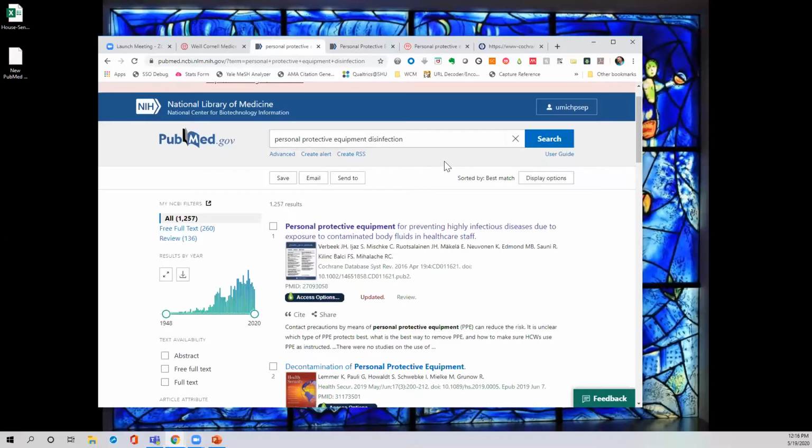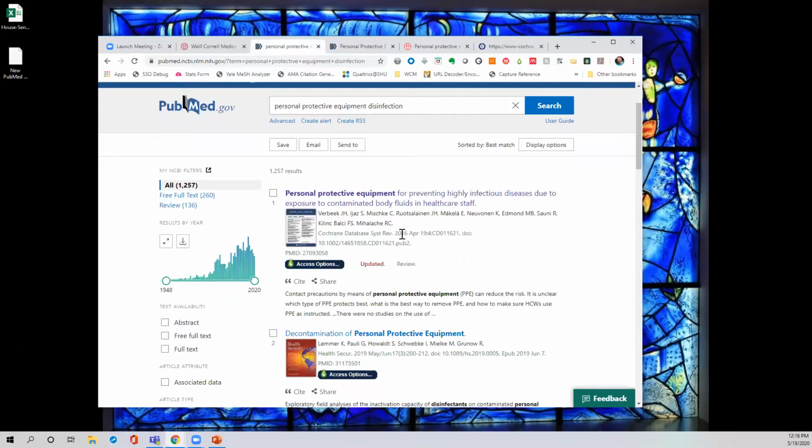And it's made the process of looking for search results a little more Google-like. Google has really good relevancy searching, and now we have that in PubMed, which makes it easier to use. And you'll notice that the 2016 Cochrane review that we pulled up earlier floats to the top, and that's as it should. It's because this is a really important paper in the history of research on decontaminating